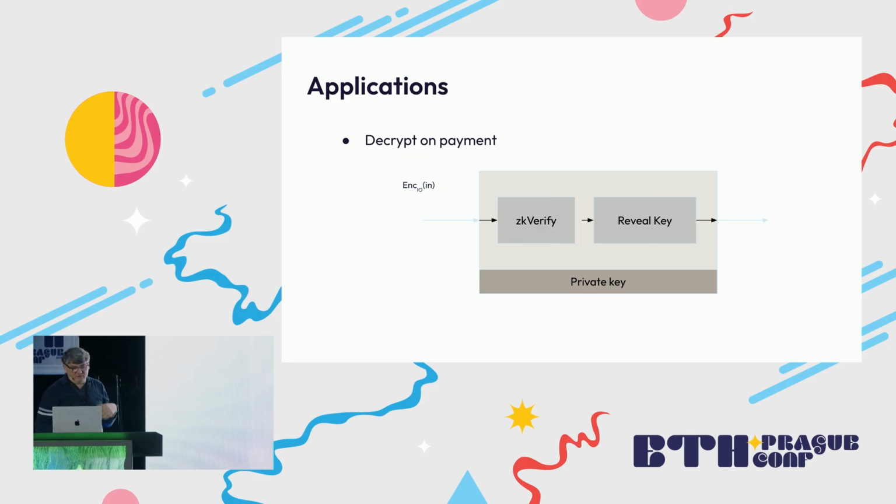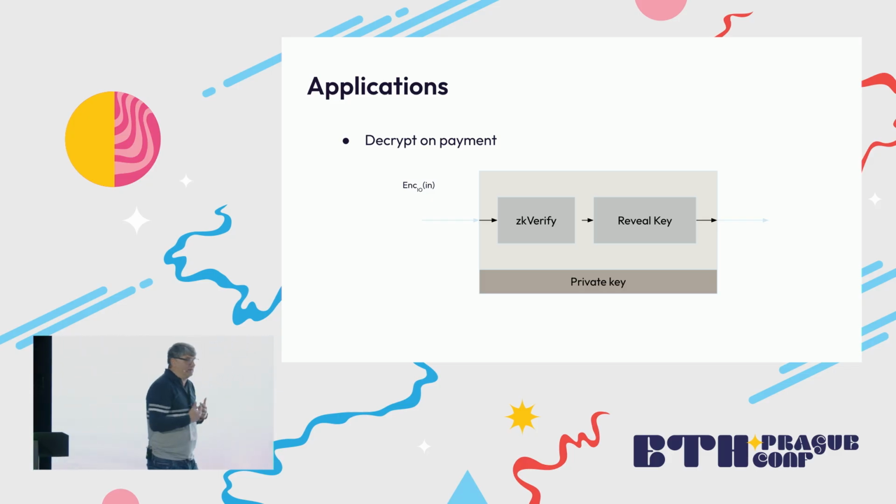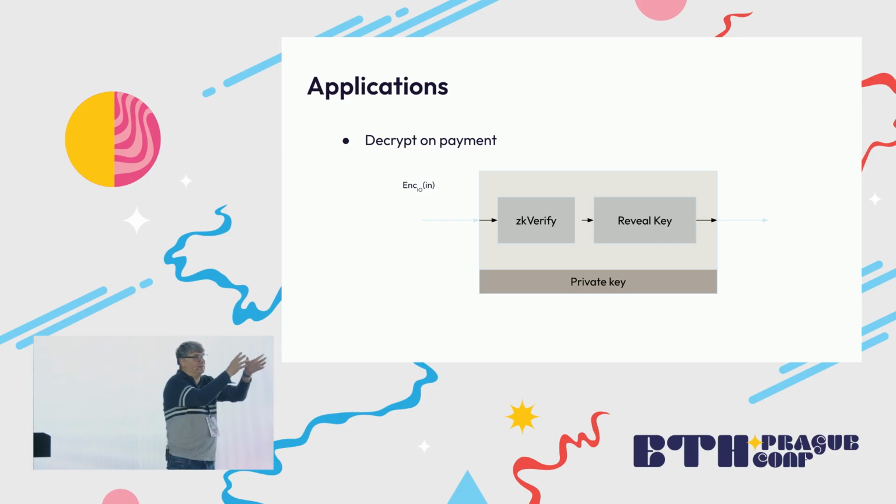Well, let's do, for example, some interesting applications, something that we cannot do now. Imagine that I have some content, some image or some video, that's encrypted with a normal cryptographic key. And I want to set up a decentralized system where whoever sends some money to some smart contract automatically gets the decryption key of that file, without having a centralized server. Well, you would do it this way.